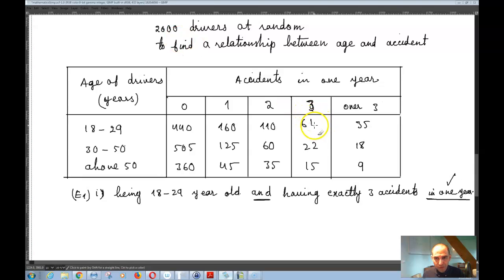And basically this event has occurred 61 times. So that's 61 out of 2000. That means that P of E1 is equal to 61 over 2000, which is the same thing as